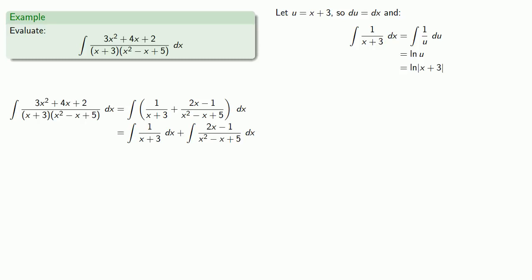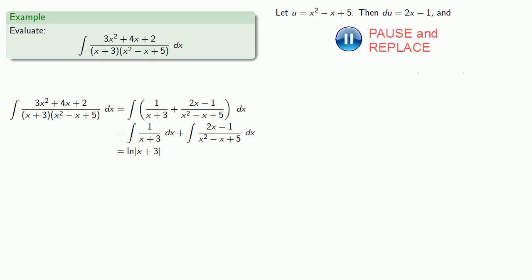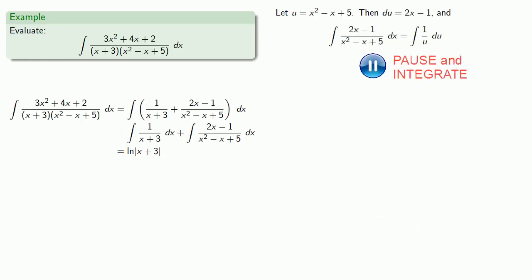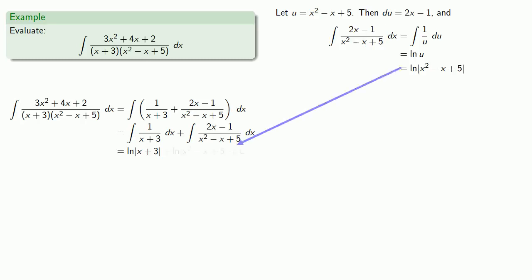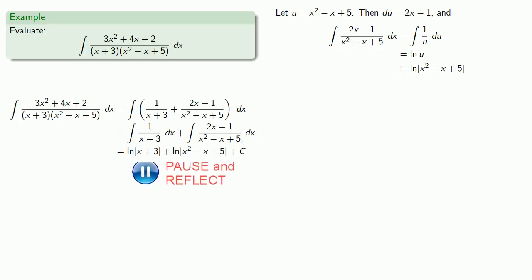And since it's possible that x plus 3 might be a negative number, we do need to throw the whole thing in absolute value. The second integral, we'll let u equals x squared minus x plus 5, and so du will be 2x minus 1 dx, and luckily enough, that's exactly what our numerator is, so we can do a u substitution. And again, we'll get the log of x squared minus x plus 5, which we'll enclose in an absolute value operator. Bonus points for those of you who recognize we don't actually need the absolute value operator in this particular case. And we get our final expression,